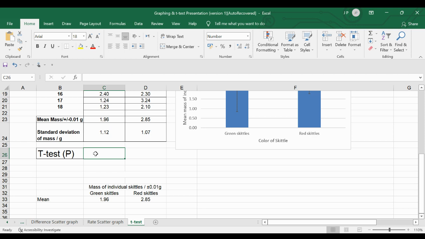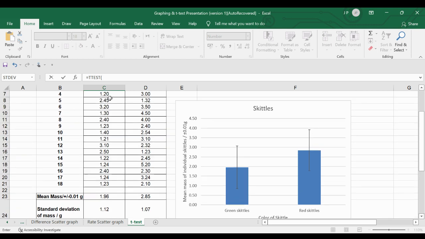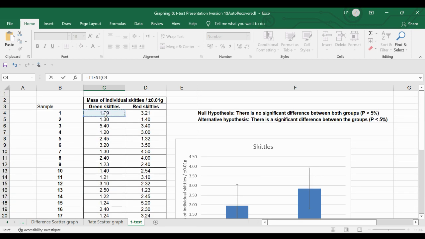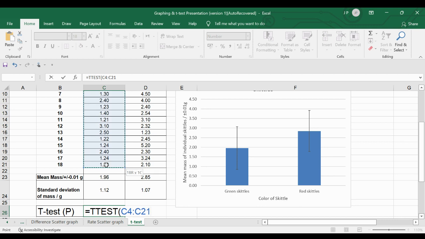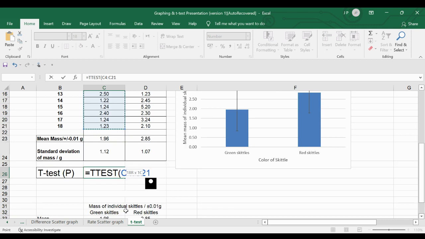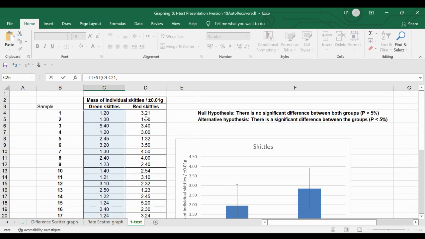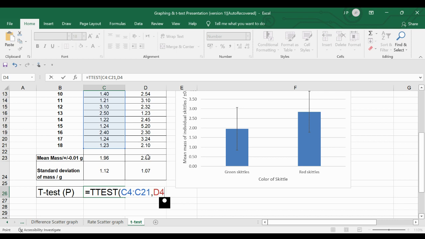Again, you're using the functions in Excel. You can go to formula and insert the function, or you can begin by pressing equal, typing t twice, and choosing a t-test. It asks you for the first array. This will be, in this case, the green skittles. It will want the second array. I'll put a comma in, choose the second set of skittles,